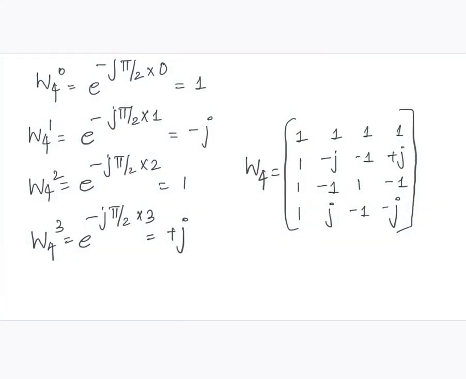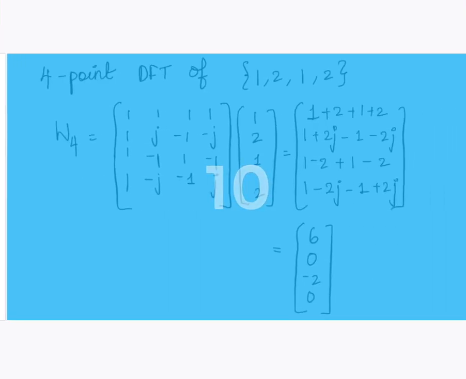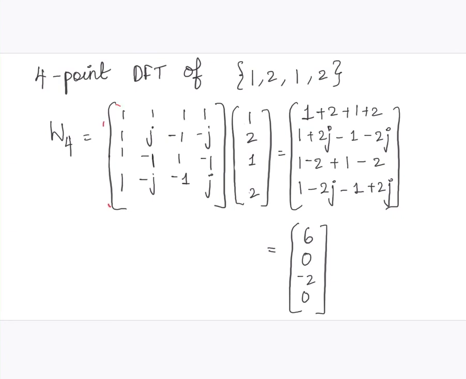And if you find out each of the values for 4-point DFT, the general expression will be e raised to minus j pi by 2 into 0. This will be 1. For 1 it will be this. So this way we can find out all the values. So this will be the general matrix for 4-point DFT, which can be remembered and it will be easy to solve problems. So once you know this is the matrix for 4-point DFT, given a sequence, directly by taking the matrix we can find out the sequence.